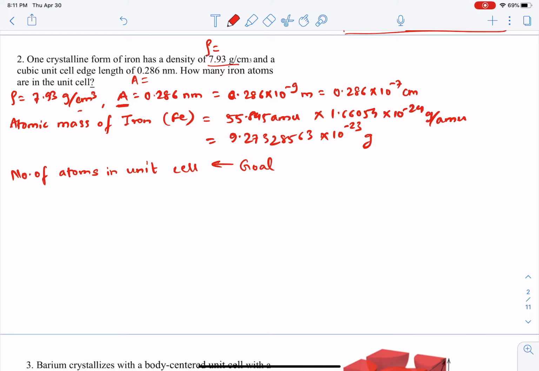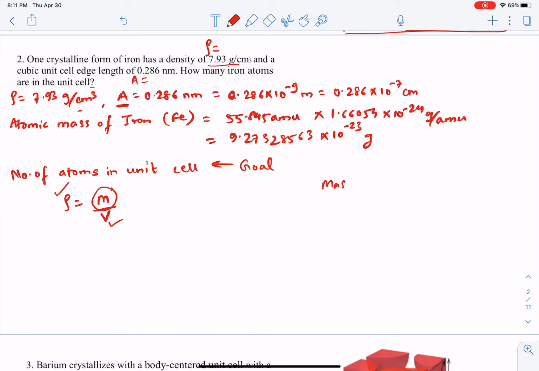To know that, you should know the mass of that unit cell. Once you know, here you go, density is mass upon volume. So if we already know the density, we can find the volume from the A, that is A cube. And once we know the mass of the unit cell, we can find out the number of atoms in the unit cell, because